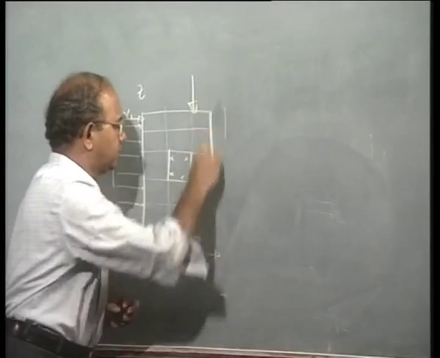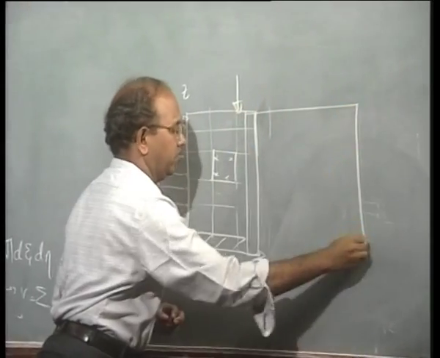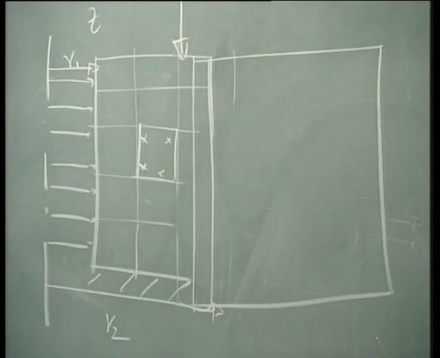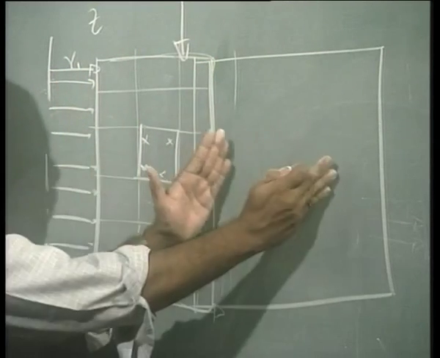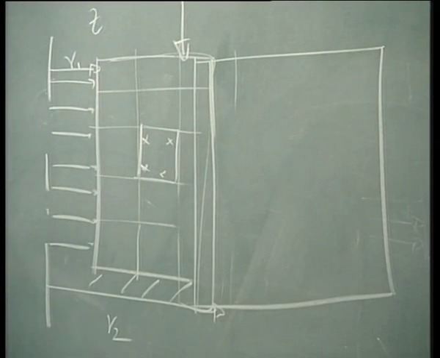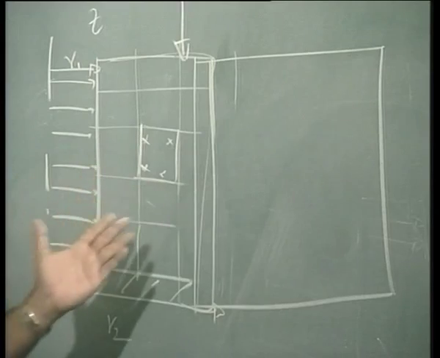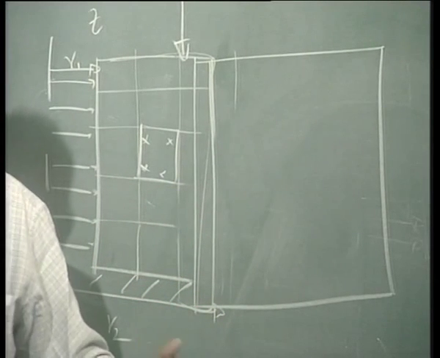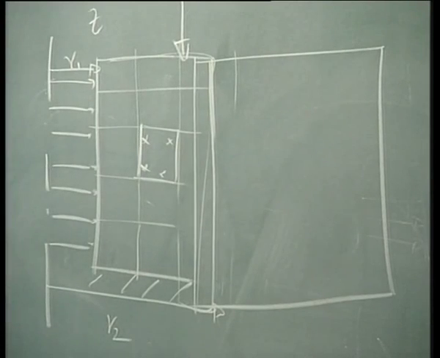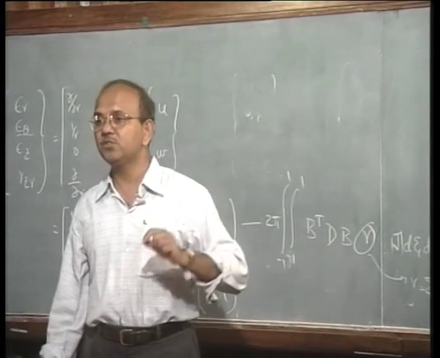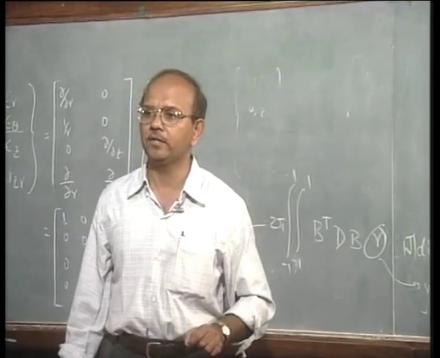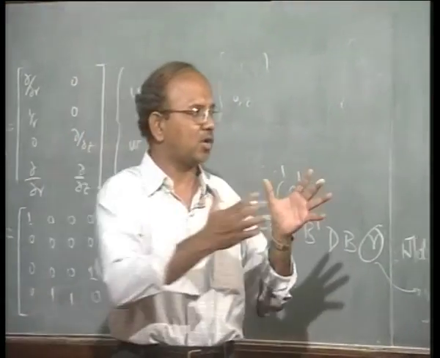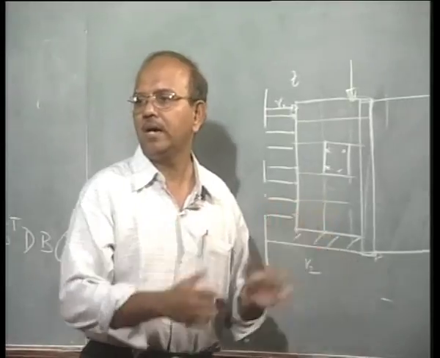suppose I say I change this location from here to another location here, suppose I change this whole block, I move it like this, I can move it. Can I move it as a rigid body? No, because I am now increasing the radius. So as I increase the radius, obviously there is going to be strains, so there is no more a rigid body motion. Hence there is no boundary condition that is required in the R direction, and the pressures are also equilibrated on either side,